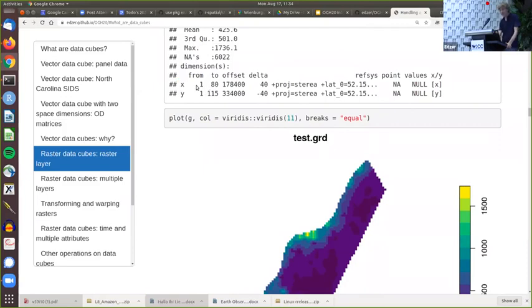We see that X ranges from 1 to 80, so it's an 80 by 115 array, but we also have offset and delta values. Offset is where the raster starts on the X side. So the X edge of the raster is the offset, and the Y edge is the Y offset. Delta specifies the step size, so the grid cell size in the X and the Y dimension. And you see negative Y values, negative cell sizes in the Y dimension,